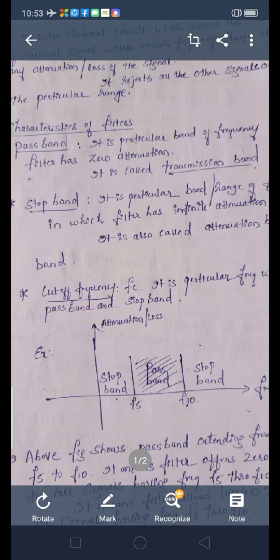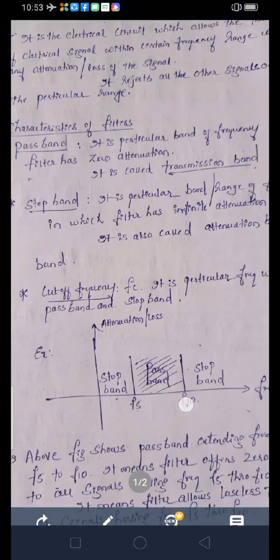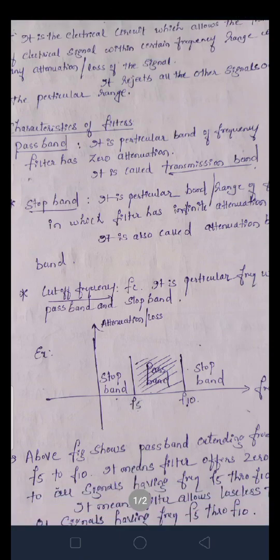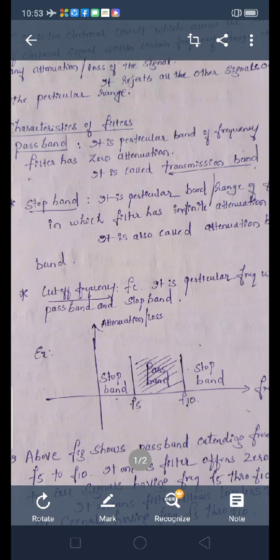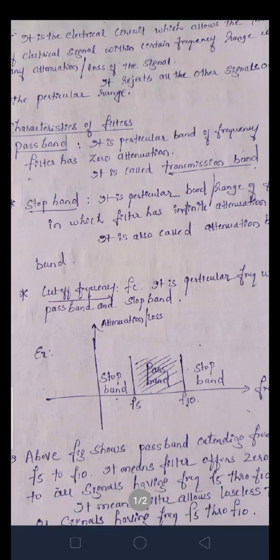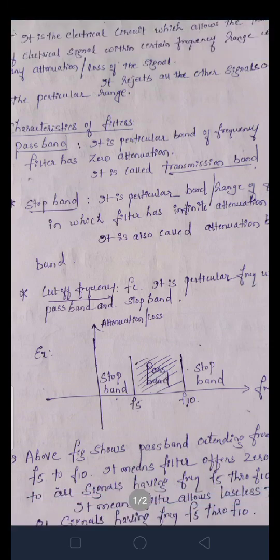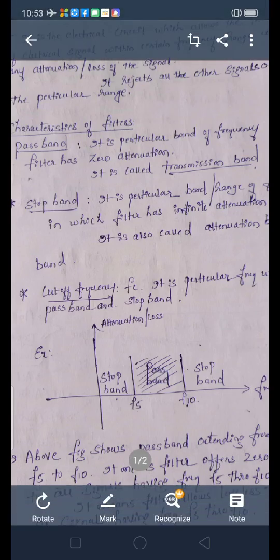If my filter passes only these signals whose frequencies are varying from F5 to F10, then that particular band of frequency is called pass band, because here the signals are allowed to pass through the filter, means the filter is allowing the passage or transmission of these signals. Therefore this is called pass band.